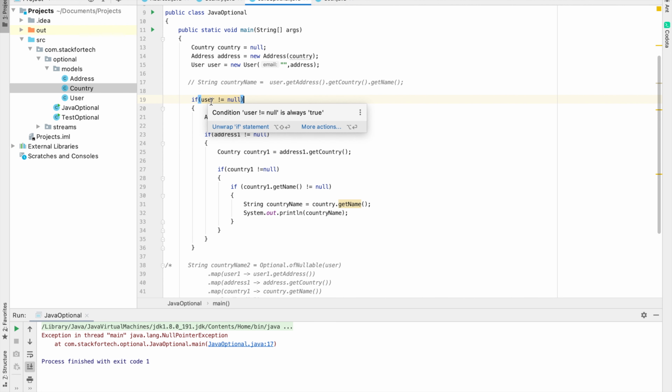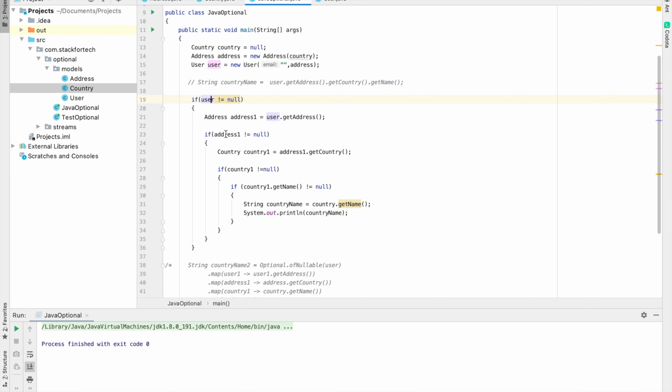So we have applied a check on user. If it is not null, then we are getting the address object. If address is not null, then we are getting the country object, and so on and so forth. We are getting the name of the country, and then we are finally printing it. So right, this approach works fine because it has applied all the checks and then it has printed out the country name, right? So in this case we don't have a country name, so it has not printed anything out.